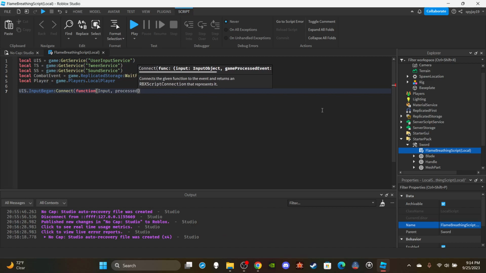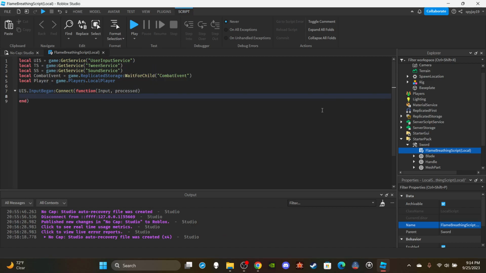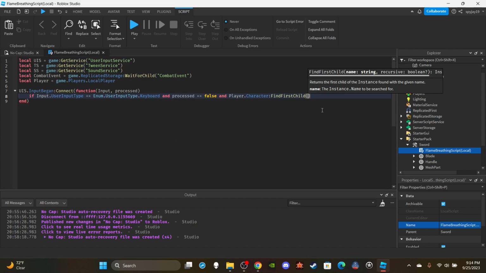Remember, process is how we check to make sure that the player is not typing in chat. If process is equal to false, then that means the player is not typing in chat. They're just pressing the key. So if input.user input type is equal to enum.user input type.keyboard and processed is equal to false, the player is not typing in chat, and player.character find first child script.parent.name, it is essential that you parent to the local script